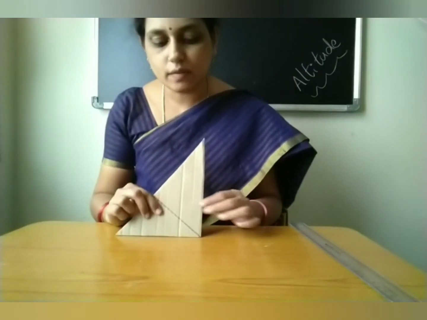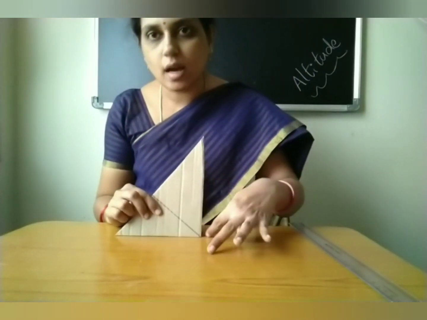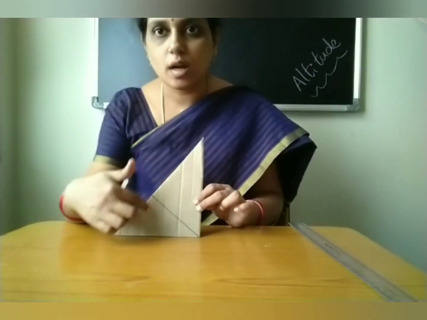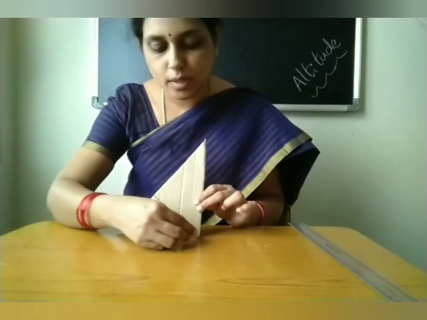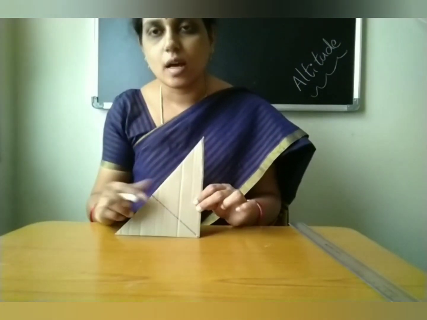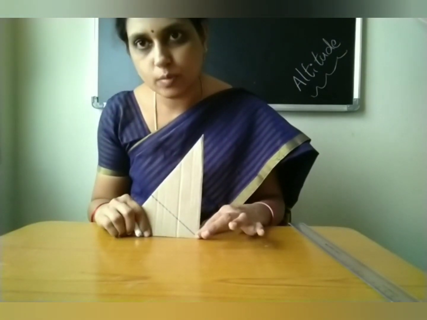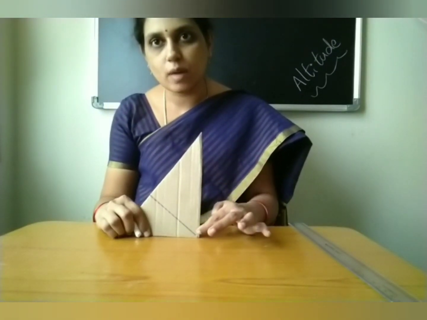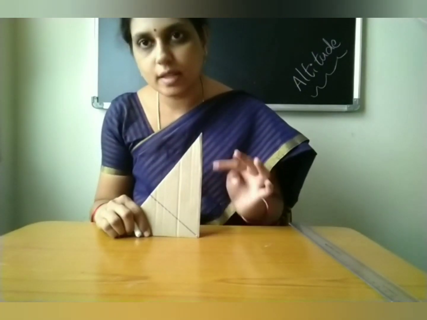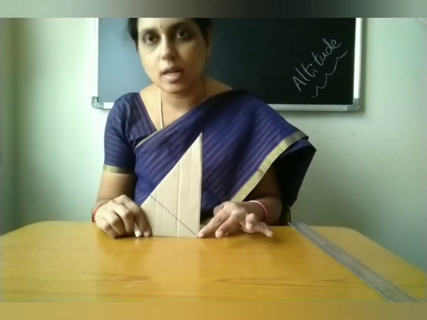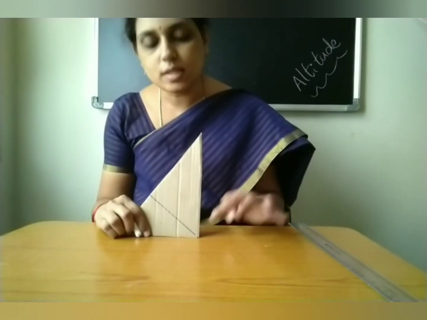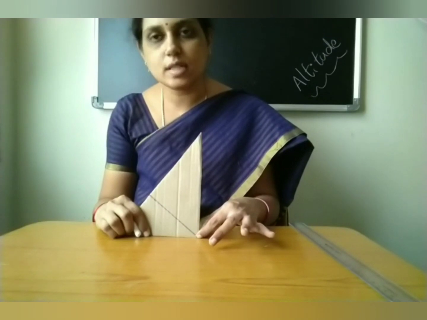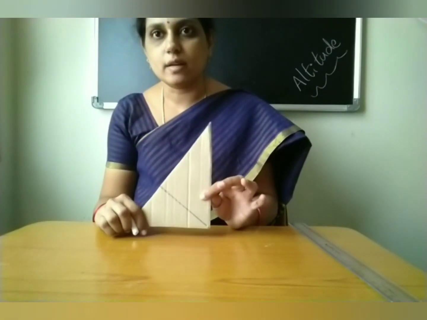So here what we discussed, these two sides are two of its altitudes. And then here this is one more altitude. So all the three are meeting at this vertex. So what is that point actually? That is the vertex where the right angle is formed. So orthocenter of a right angle triangle falls on the vertex where the right angle is formed. Is it clear, children? So this is about right angle triangle.